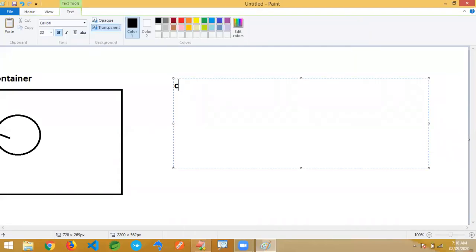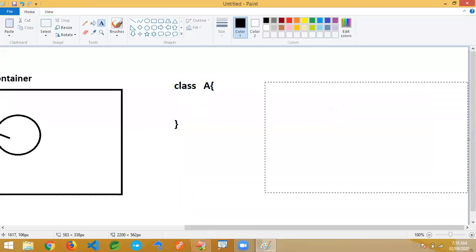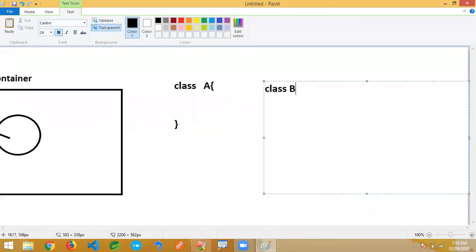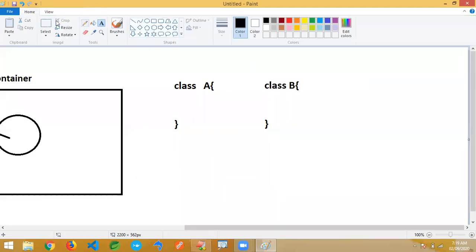For example, here we have class A and we have class B. Like this, I'm just taking here. So here B is a class. Actually what I'm doing, I'm just using it inside the A.